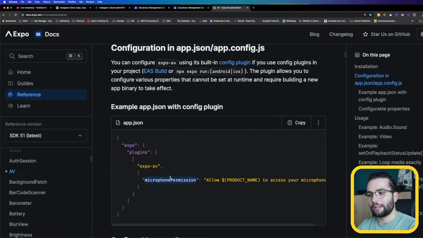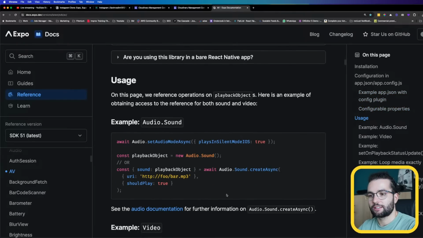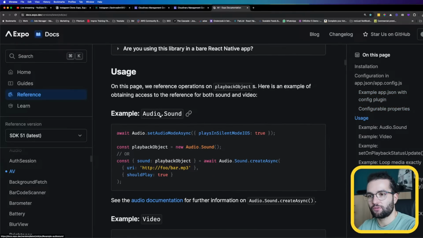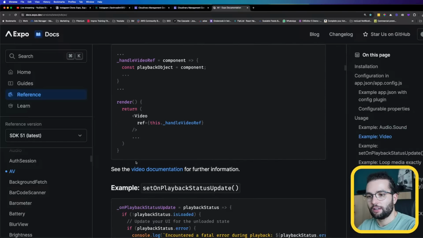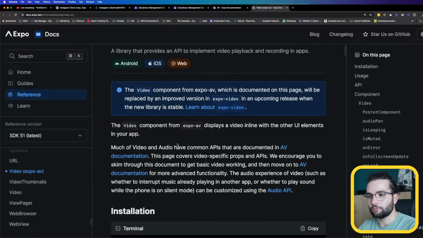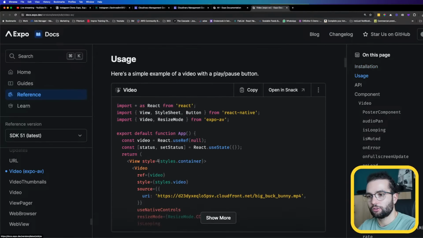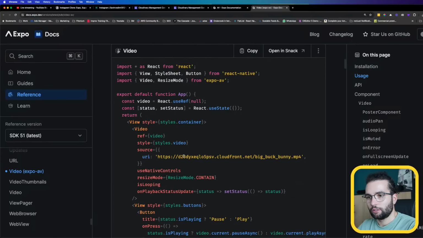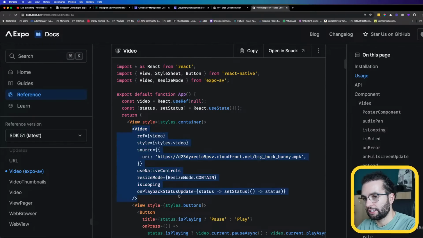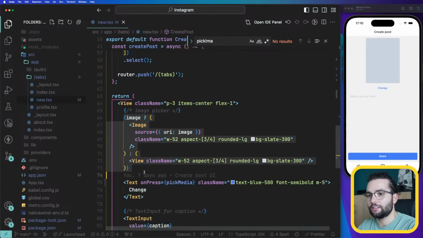We need to configure for microphone permission, but at this moment I don't need it because I'm not using audio or recording. So let's keep it. Usage, this is for audio, this is for video, and we can actually go to the video documentation for a proper example of video. The video component, let's go. We have here the video component. Let's go ahead and copy it and render it in this